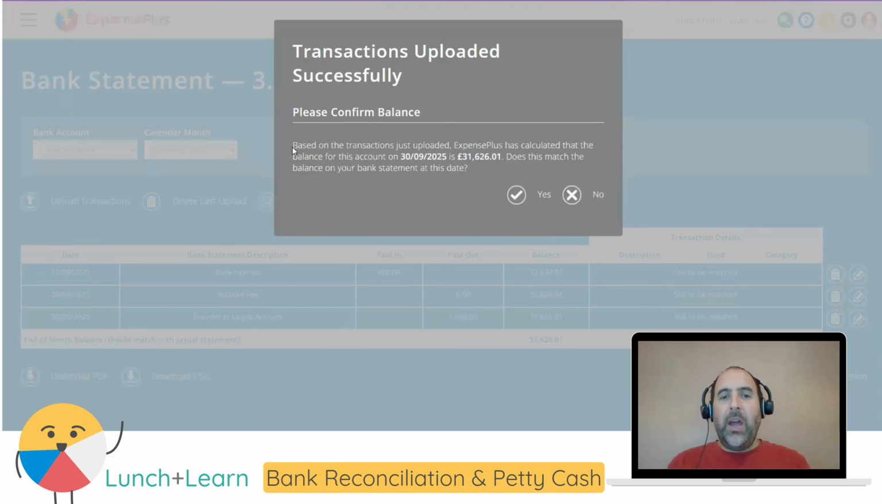ExpensePlus is showing us in here what the balance is at the end of the last transaction that we're uploading. It shows us this here. So I'm just going to close a notification that is appearing. We can see inside here what the bank balance was. We can check that this matches with our bank statement, and assuming it does, we know we've uploaded the transactions correctly. If it's wrong, then now's the time to go ahead and fix that,